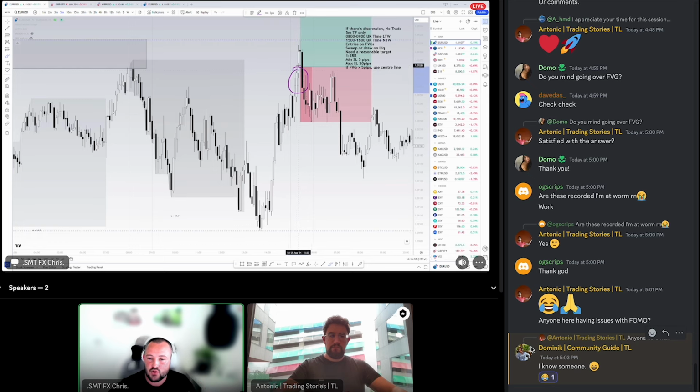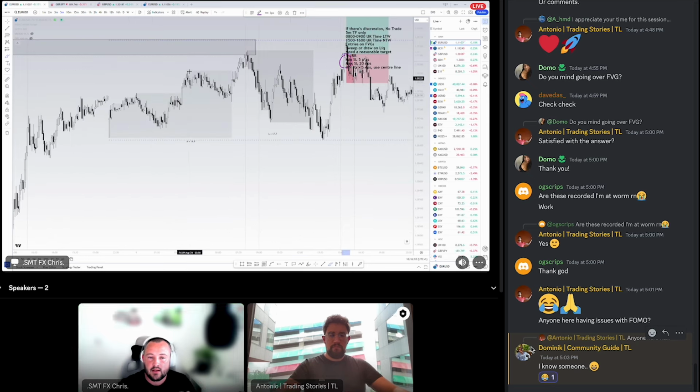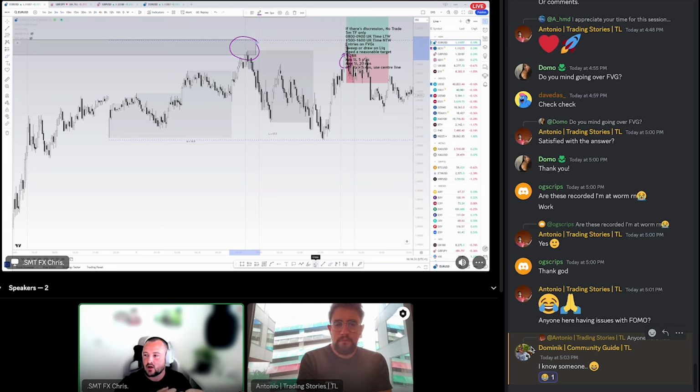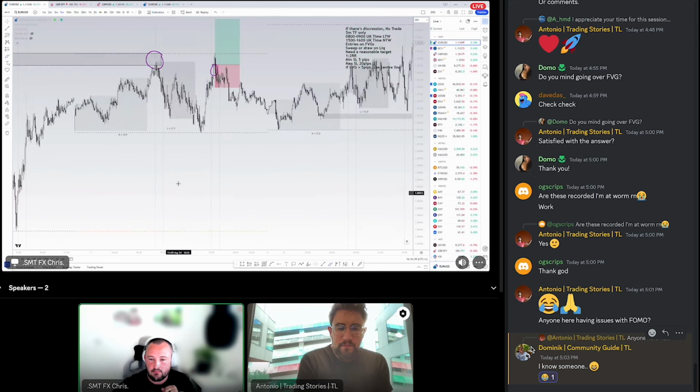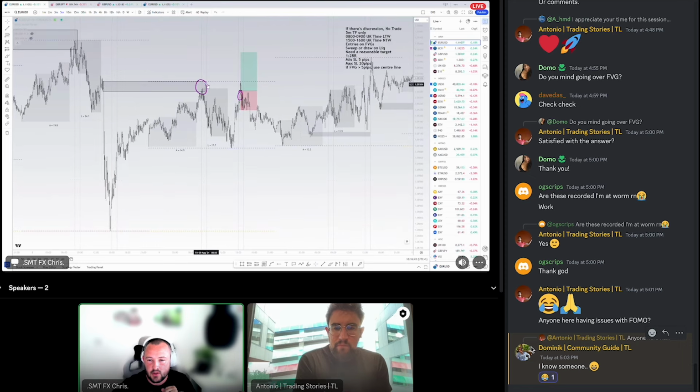I'm taking the trade on the most recent fair value gap. This supply zone has already been tapped into. When it comes to order blocks, supply and demand zones, POIs, whatever you want to call them, I tend to look at them that if they have been tapped into, then those transactions have taken place and they are likely going to become liquidity if price revisits them. To a degree, this did happen here, but it wasn't until much later on. We can see this supply zone ultimately did fail the next day, but it took a little while for that to happen.